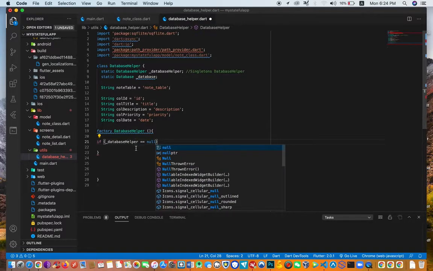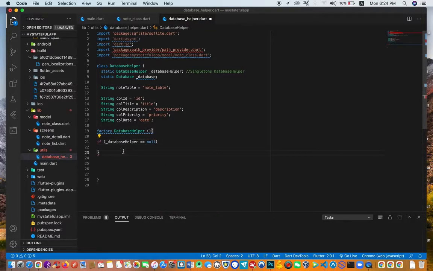If it is null, that means it's empty. Okay, what should we do? If it's empty, then the database helper should be equal to our database